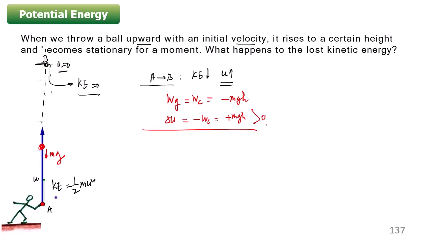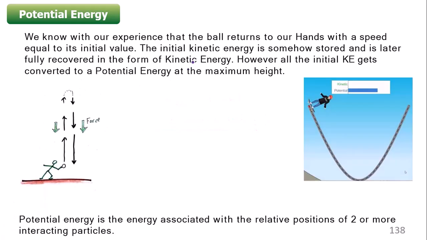Indirectly, what you can say is that if one energy is going to reduce, another energy has to be increased, so that the total mechanical energy stays constant. At any instant of time, the total mechanical energy has to be constant. All the initial kinetic energy gets converted to potential energy at the maximum. Once I throw the ball from point A, initially only the kinetic energy is there. At the highest point, the kinetic energy becomes zero and only the potential energy is there. It is not equal to zero.